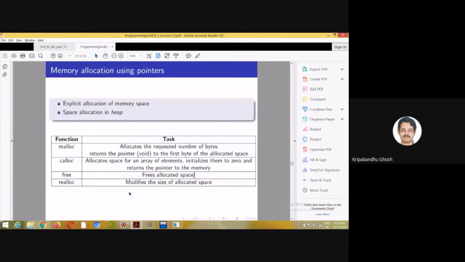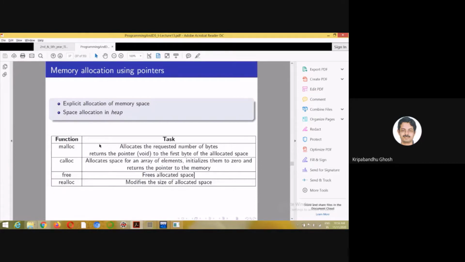Okay. So let's talk about something which we discussed in the previous class, which is how you can explicitly allocate memory using pointers. Previously, what did we do?